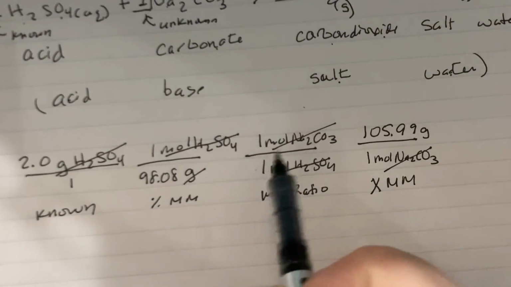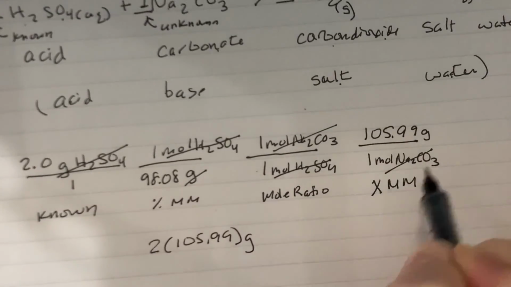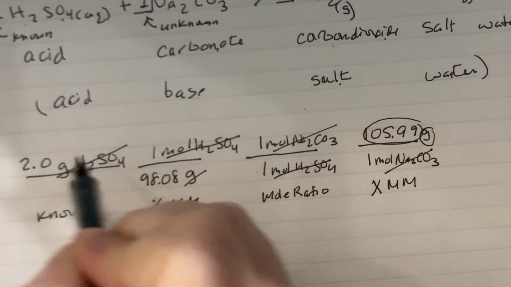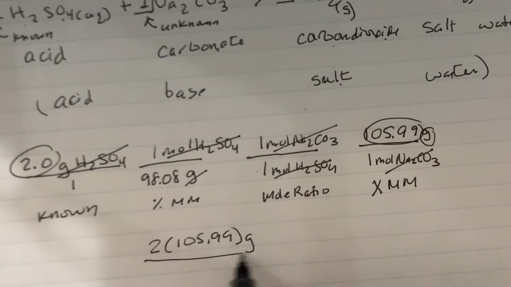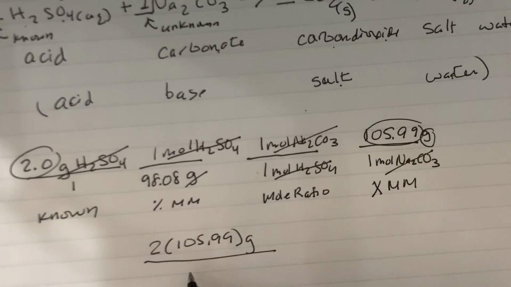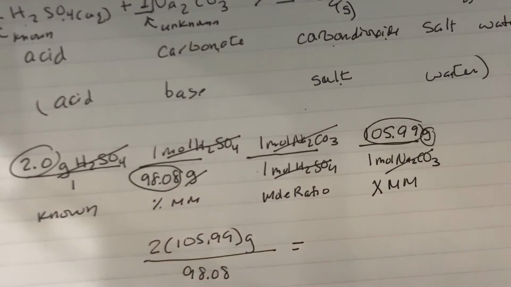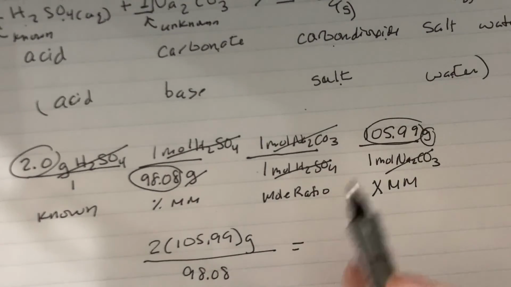2 times 1 times 1 times 105.99 grams. Remember, that's still left there. So that's what my numerator is now going to be. My denominator, 1 times 98.08 times 1 times 1, which is 98.08 is my only thing really left. So I'm going to combine those terms. 2 times 105.99 divided by 98.08 leaves me with